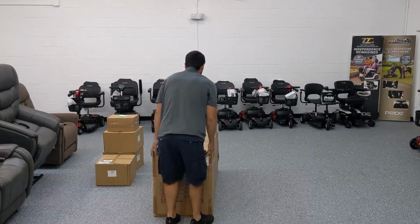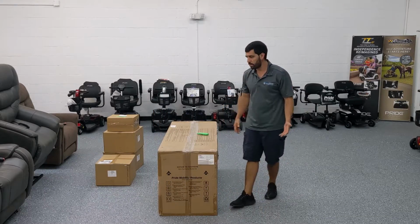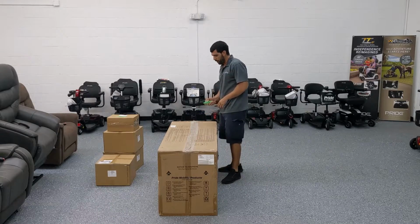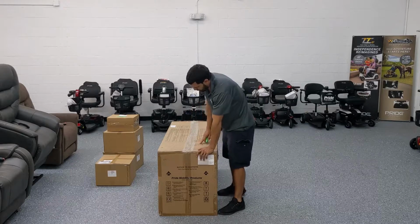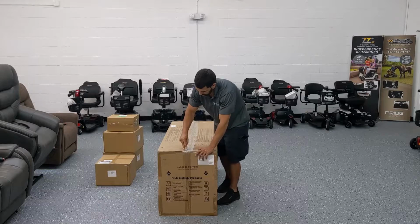So, depending on what you order, if you have any accessories or add-ons, you may get more than one box, as you can see. I'm going to go ahead and begin to open this box by using a box cutter. And by carefully...